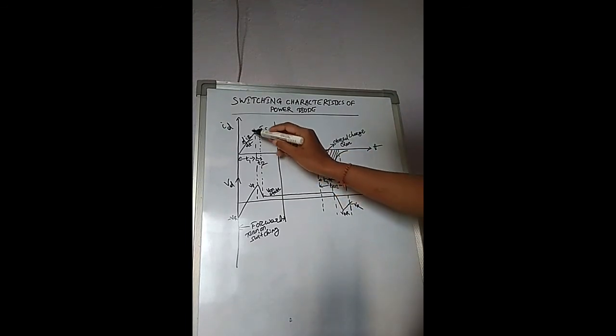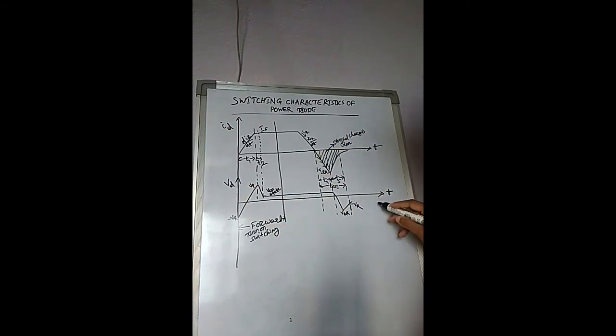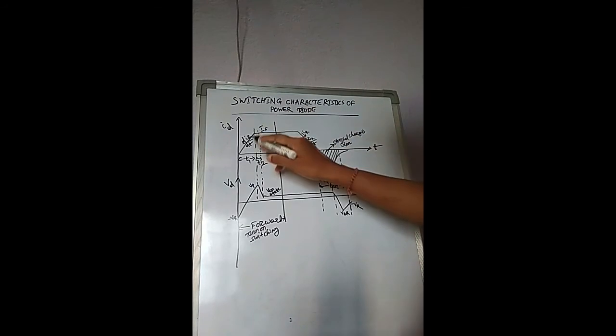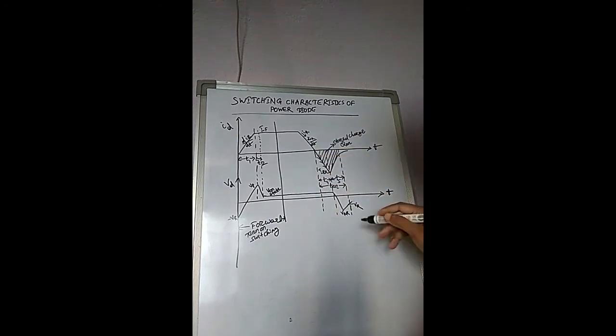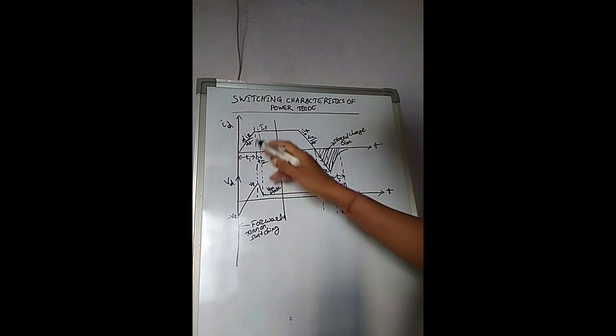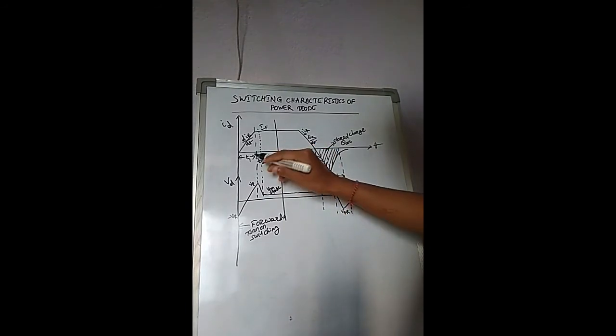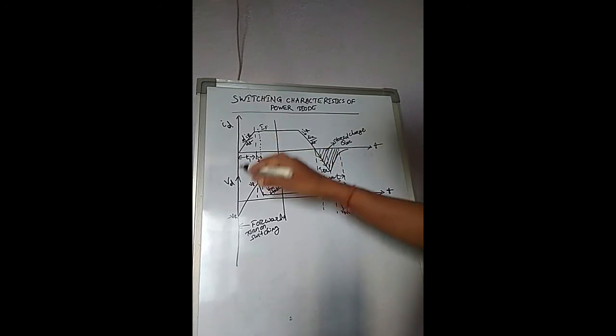See, this is the ID, diode current versus time graph. This is the VD, diode voltage versus time graph. These are the switching characteristics. This part is the turn on switching characteristics. This part is the turn off switching characteristics. So what will happen in the turn on condition? See, when we apply a positive forward voltage to the diode, when we apply positive voltage to the anode with respect to the cathode, current will